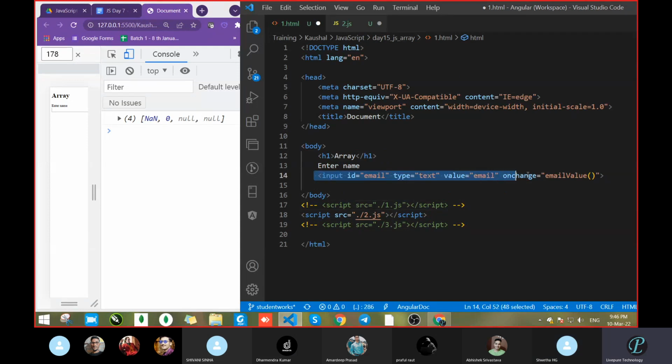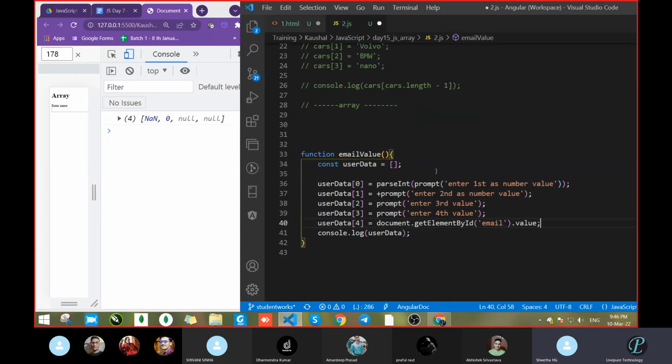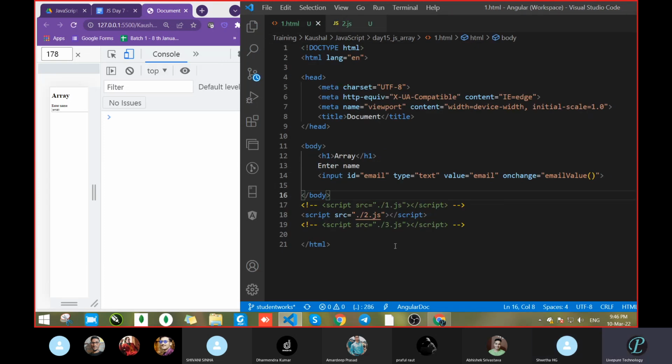We took one input field. On change, we took the value, and here we constructed the array. We constructed an empty array, and after that we took the data from the user. Then we did one part, so it will take all the values, and after that it will construct this array and give the value. Let's save, and let's save here also.